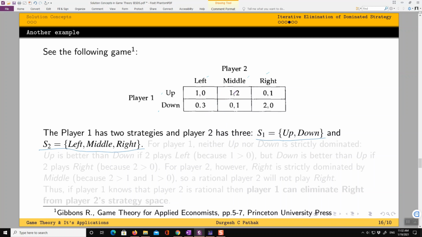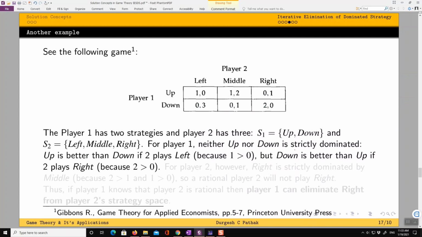Up gives 1, 1, 0 compared to 0, 0, 2. So for these two, up is better, but for this, down is better, right? So we can see that what is best for player 1 depends on what player 2 is going to do. Now look at player 2's payoffs.